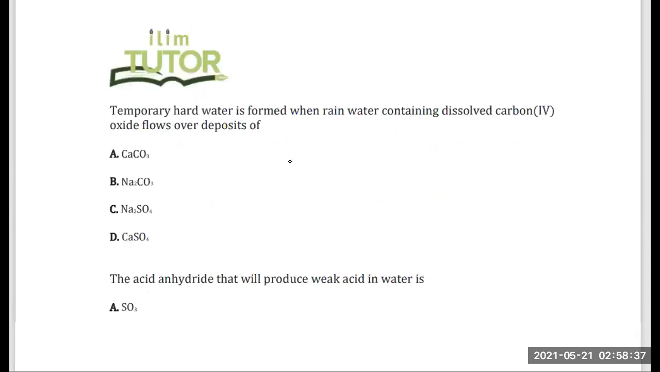Now let's take a look at this question. Temporary hard water is formed when rainwater containing dissolved carbon dioxide flows over deposits of what? So we need to understand basically the reaction between carbon dioxide and other elements. But before we do that, what causes temporary hard water? Remember that temporary hard water